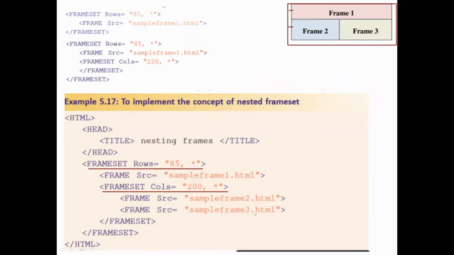So which should be the frame set that is to be closed first? This one is to be closed first. So that is being closed over here. This green color tick mark I have given over here should be the first frame set to be closed. Then the next one to be closed is the outer frame set. It is the same as what we learned in loops. So this should be the one that is closed at last. Is it clear? So this is what is known as nesting of frame set.